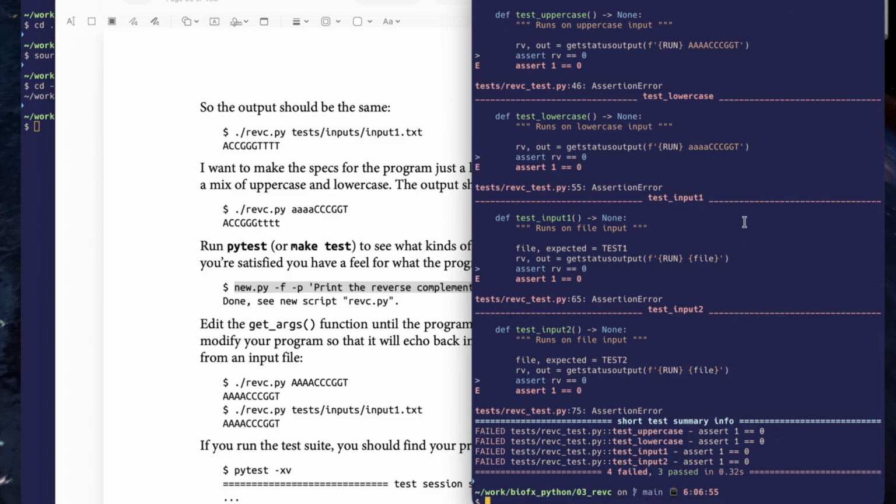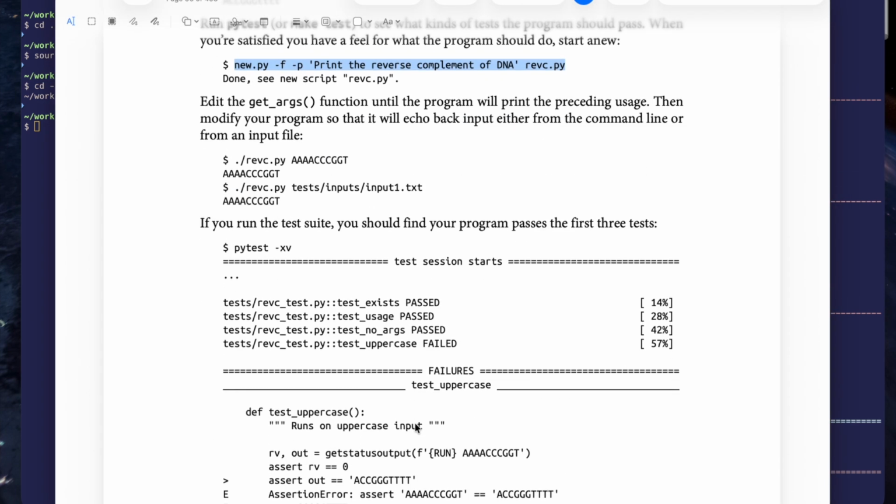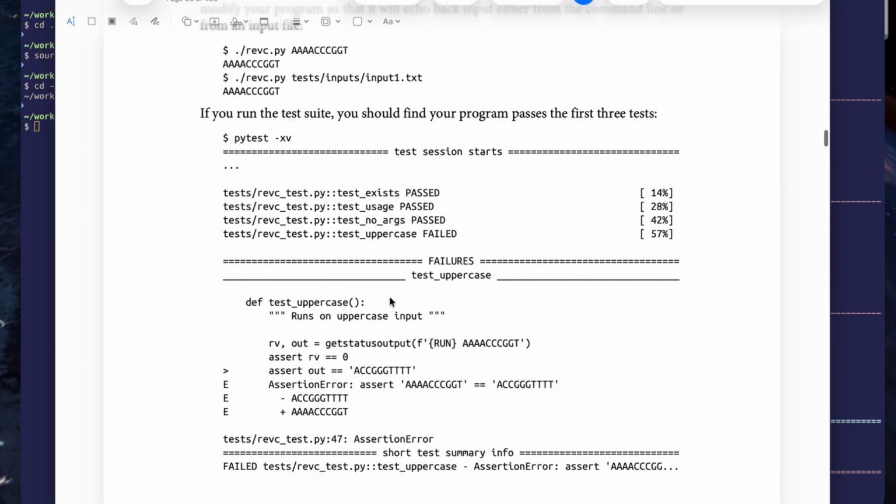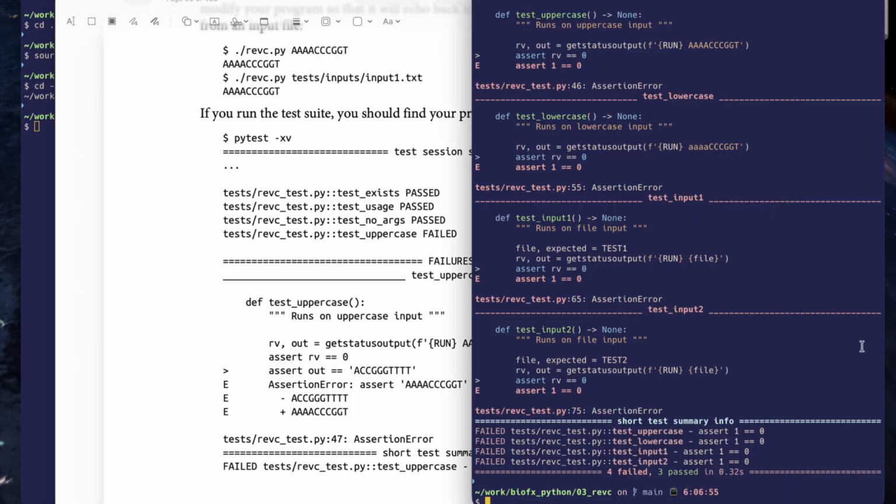If you want to run this on your own, if you want to write it on your own, I definitely encourage you to give it a try. That is the point of all of this. And if you want to see what's going on in the tests, let's just take a look for a moment here. Let's take a look at the def test_uppercase, and what we will see here under tests are